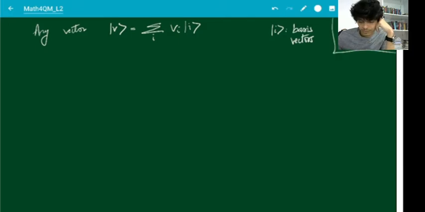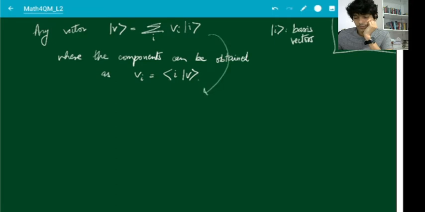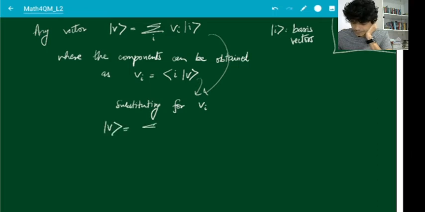But we also saw that you can obtain the components as taking the inner product of v with the ith basis vector. So substituting for vi, what I get is that any vector v is given by